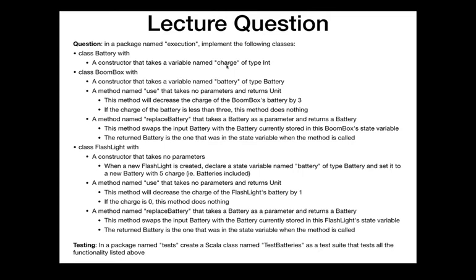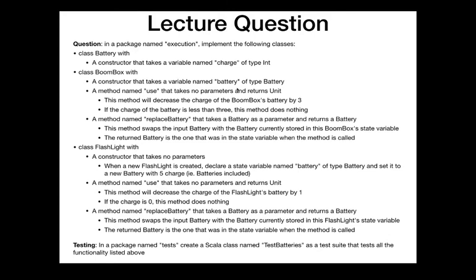As with the other questions, charge, it's named. The name is clearly defined in quotes here. That means in your testing, you can access the variable charge. You can check that in your asserts. So we create batteries, they have some charge, and as we use these batteries, it's going to deplete the charge. A boombox class that takes a battery in its constructor, named battery, so again, you can access this battery through that variable name.